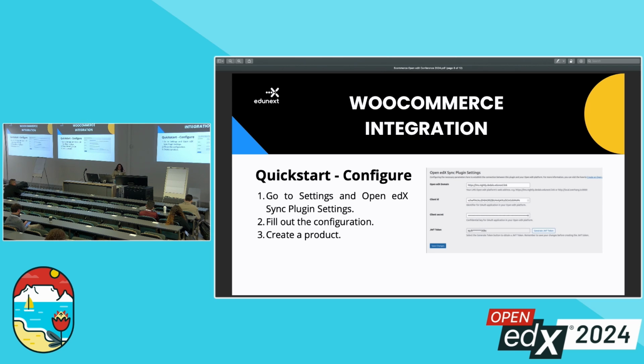Another thing you need to do is create a product and check that it is an OpenEdX course. If the customer puts into a cart a product that is an OpenEdX course, that will generate the request, and the plugin does it automatically. You can also do it manually. With the plugin you have a tab with the record of every enrollment that was performed before,